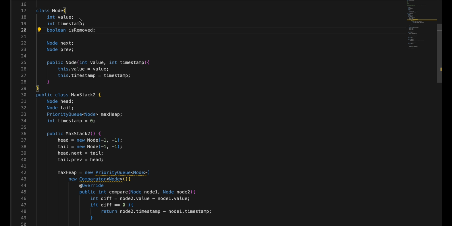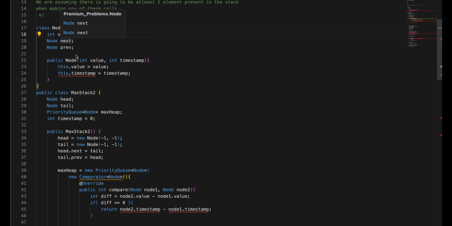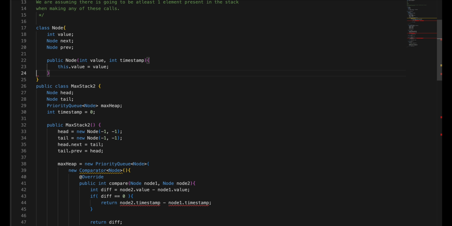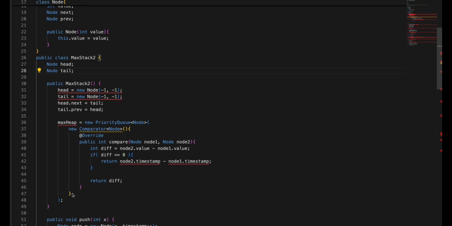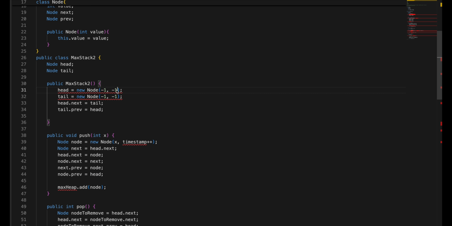So for the tree map implementation, we are only going to need the value, and we are not going to need timestamp and is removed. So let's remove that, and we are going to need the next and previous and the constructor. We can remove this dot timestamp, and we can remove the argument here, and we don't need this priority queue, and we don't need the timestamp. Similarly, we don't need this max heap here, and here we have to just pass one value and one value,